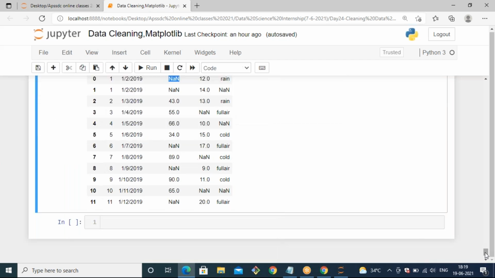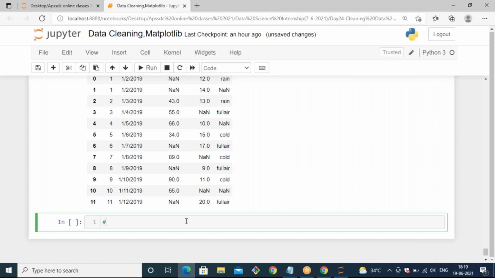Now let's see, instead of dropping, removing, or filling, if you want to replace the data, it is up to any data. It's not about nan value. If you want to replace any kind of data, you can use the method replace.